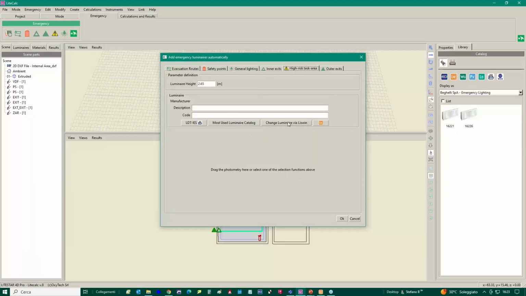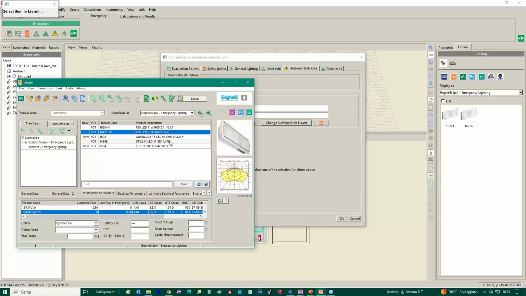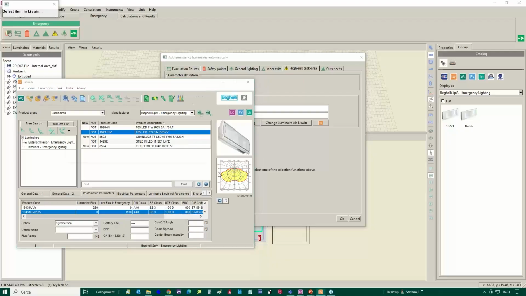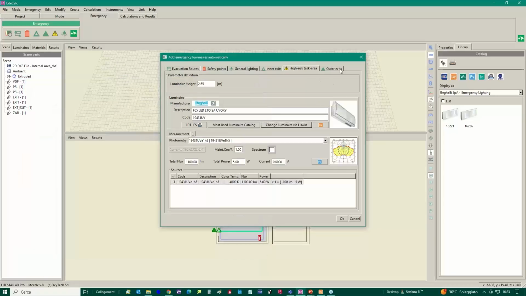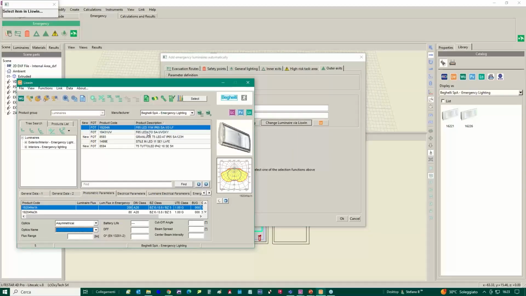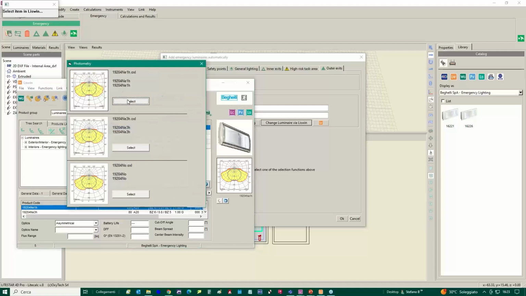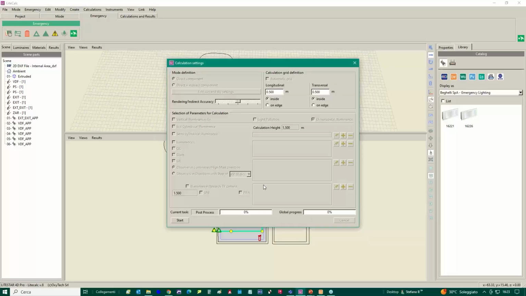High risk. We need a powerful luminaire, so we may add, for example, this one, or in case this one, probably this one is much better. So we select again 1 hour, and that's it. One more left, it is this one, and again we select the same luminaire with 1 hour autonomy. Okay, once we have finished defining the luminaires per area type, we press OK. And the program